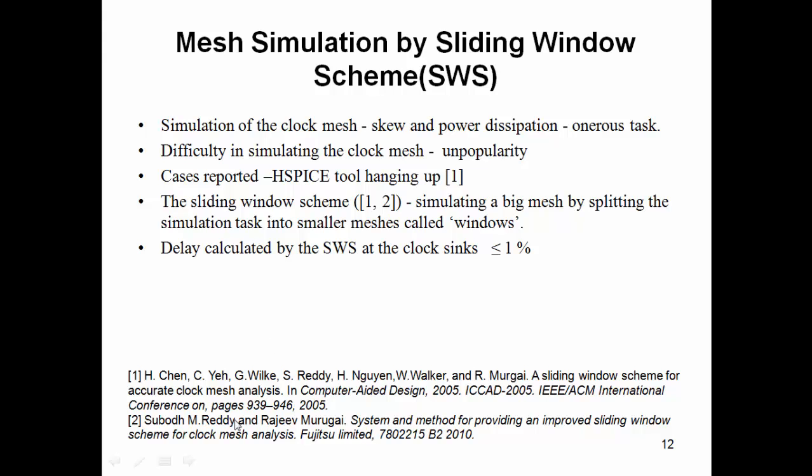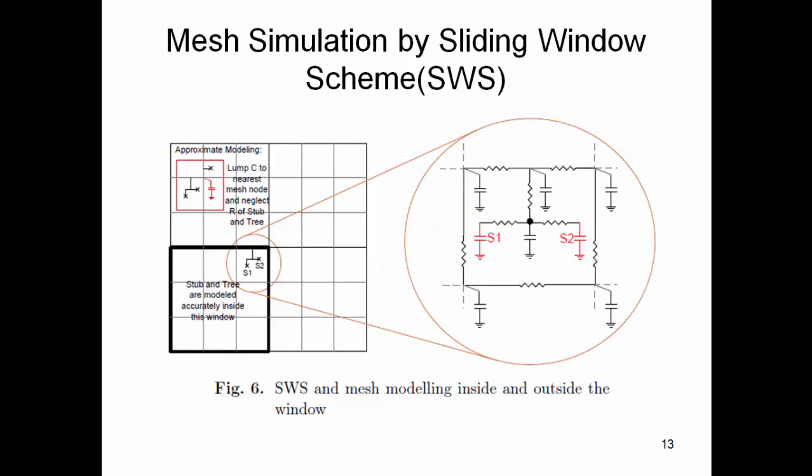And so these two researchers or research groups have proposed a sliding window scheme to simulate a clock mesh. The sliding window scheme is basically a scheme to split the entire mesh into windows of reasonable sizes, and those windows are modeled accurately. So here we have the entire mesh split into 4 windows,